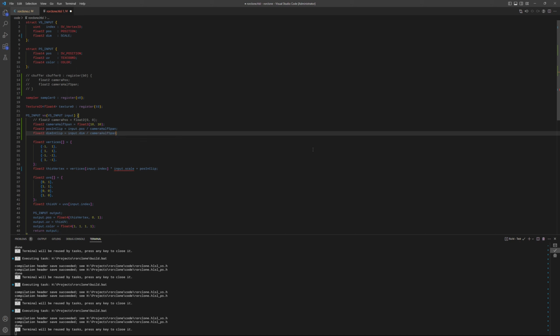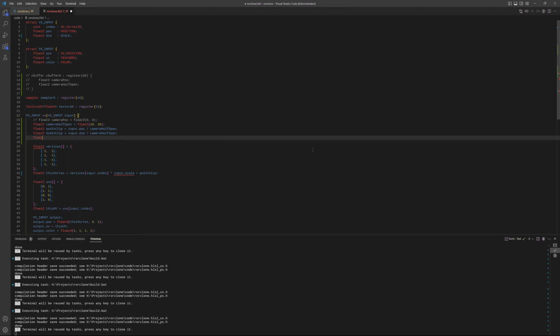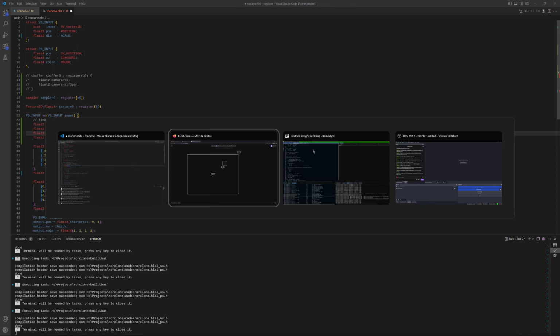Camera half span. So that's the dimensions. Okay, that's the dimensions in clip space. Now we need to work out what the scale is. So if the dimensions in clip space,